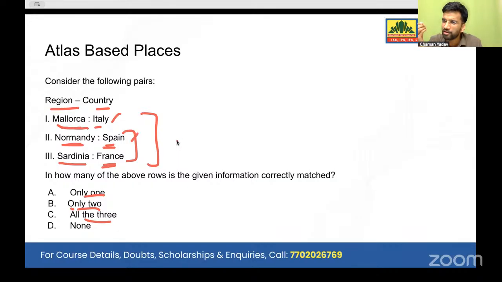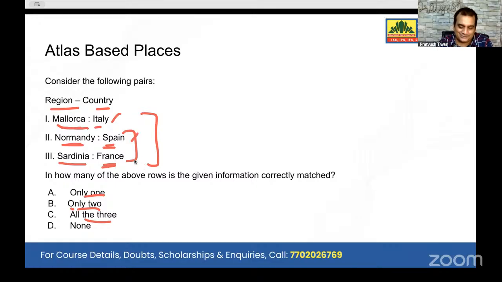And similarly, when we read about World War II, the term D-Day comes from the Normandy landings in France. So if a student is well versed in world history, with a general idea of it, then he or she can safely eliminate two options there. But still there are 50-50 chances whether she or he will get the question correct or not. Yes, what Chaman sir is saying is for the serious aspirants, but not for the average ones.